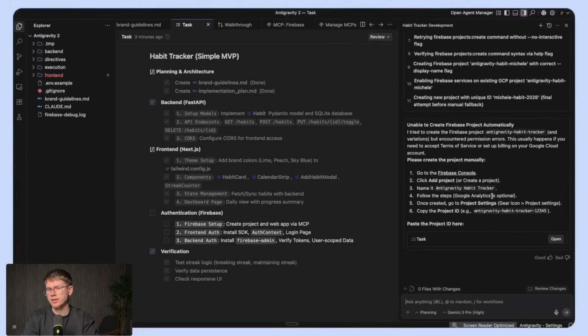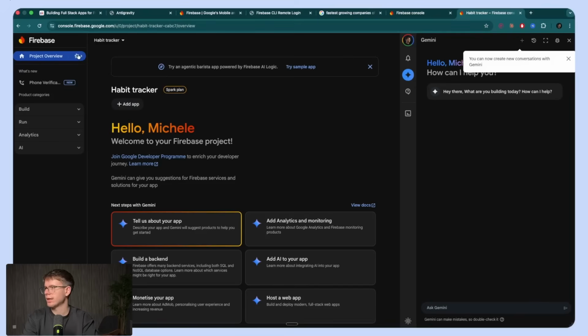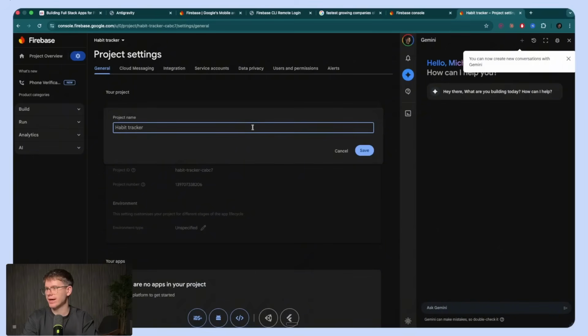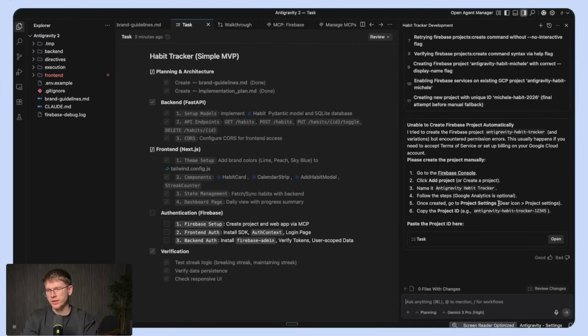Then it says, name it Antigravity habit tracker. It's okay. I forgot to name it Antigravity habit tracker. I can rename this. I believe I can go to settings and general, and rename this to Antigravity habit tracker. Save. There we go. Then once I created the project, go to project settings, gear icon, project settings, and get